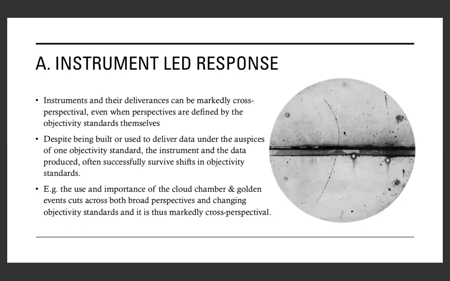So to cut a long story short, the cloud chamber was invented under the sponsorship of mechanical objectivity, then produced golden events under the auspices of mechanical objectivity, and slowly was improved to produce more golden events under the auspices of trained judgment, and later on, I think in the 60s,